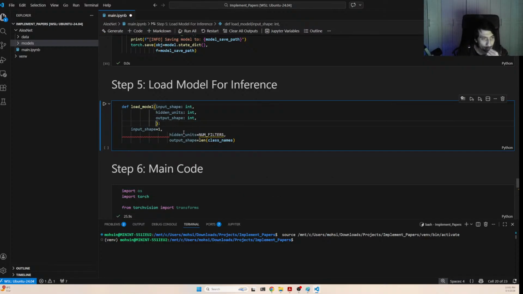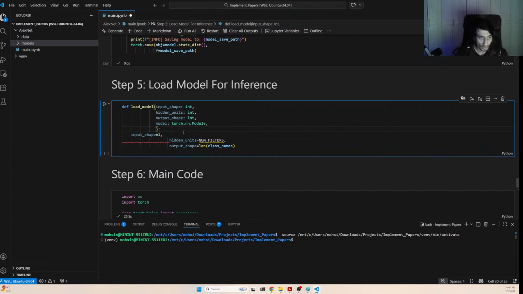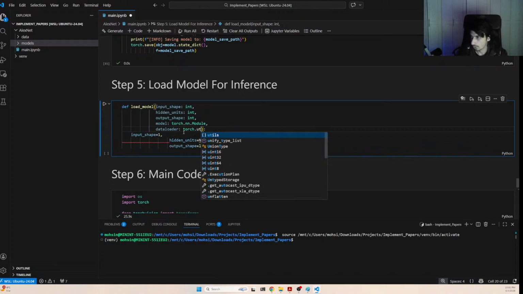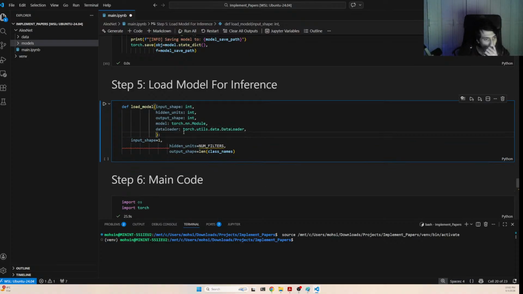Then we need the model, which is going to be torch.nn.Module. We are going to need our data loader. So the data loader is going to be torch.utils.data.DataLoader. Then we need our